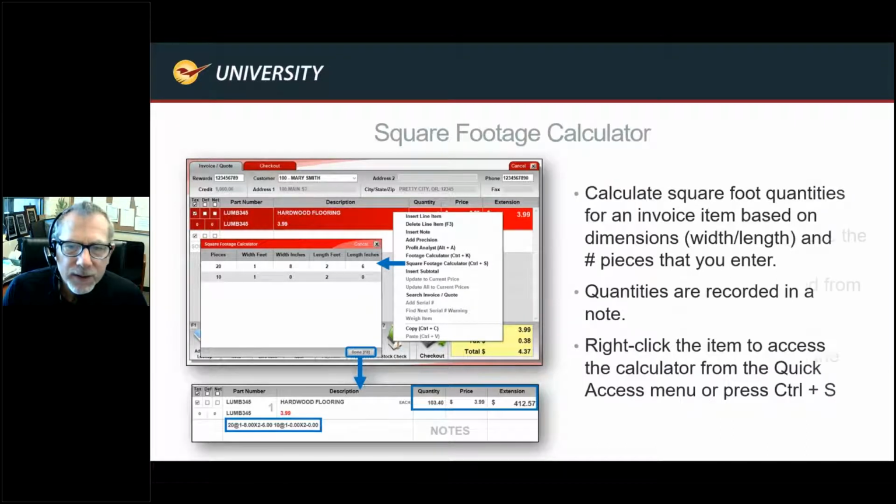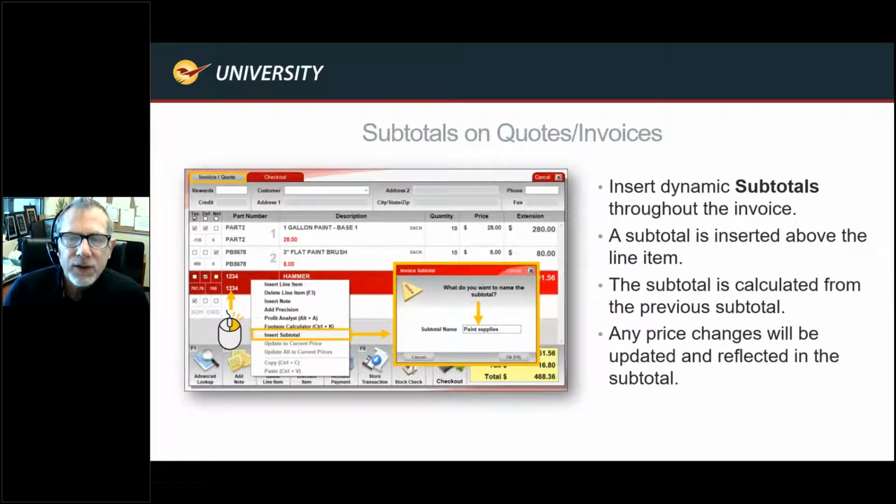Okay, so we'll continue here. Subtotals on quotes and invoices. There's a lot of times where you might create a rather lengthy quote, right? You're building a bid for somebody and they want to separate out different items in different sections of the invoice. It's possible to do. You just right click and hit insert subtotal on the line below where you wish to